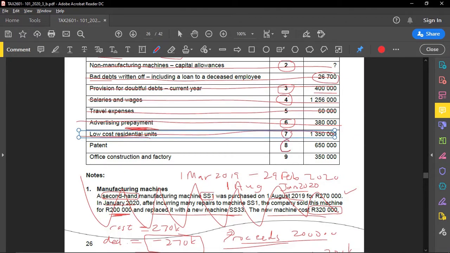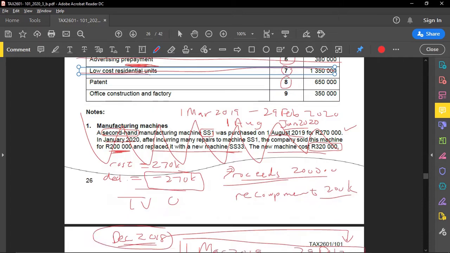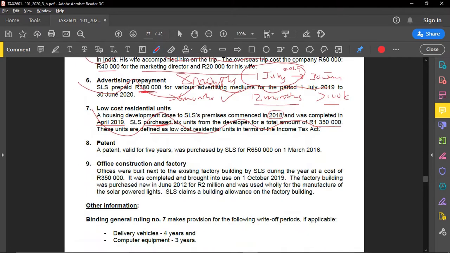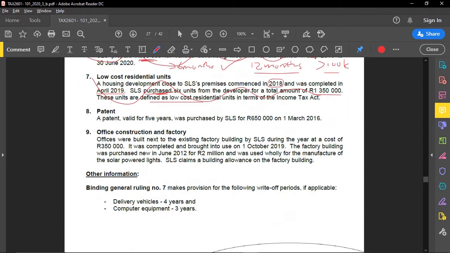Patents, okay, this is 650,000. All right, so what does the patent say? A patent valid for 5 years was purchased by the business for 650,000, and that took place on the 1st of March. Okay, that's important as well, because of the dates in terms of March 2019 is the start to Feb